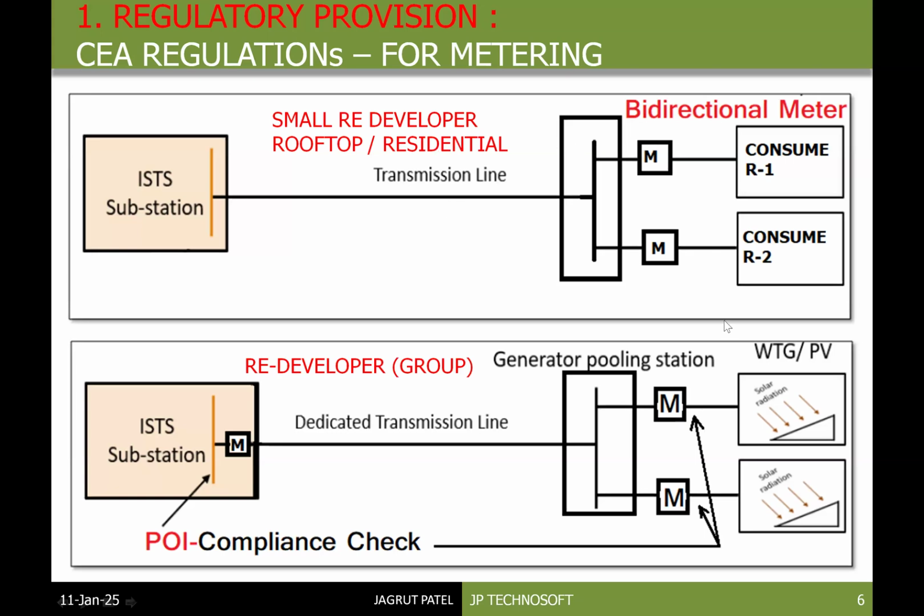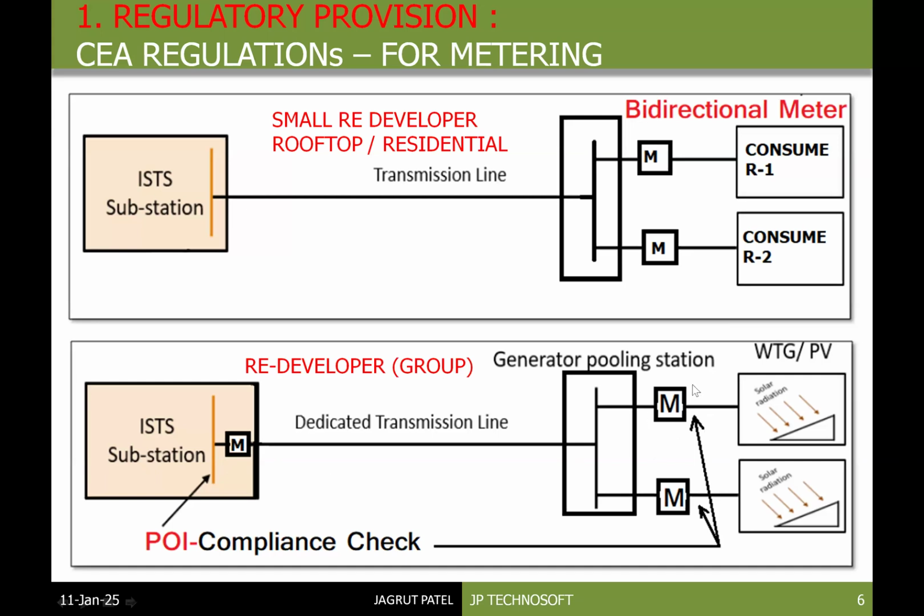We have another scheme as well, which is represented in the figure below, in which multiple RE developers put up their plants in a single location. They have their own separate metering. There will be a common transmission line network up to the grid substation. There another meter is placed. So the meaning of this representation is,